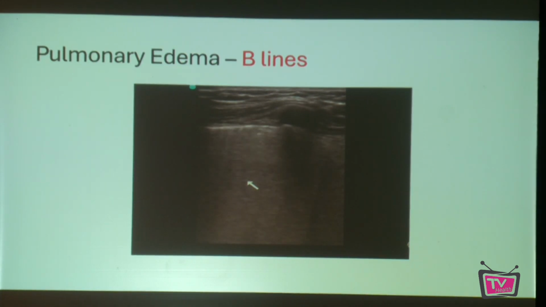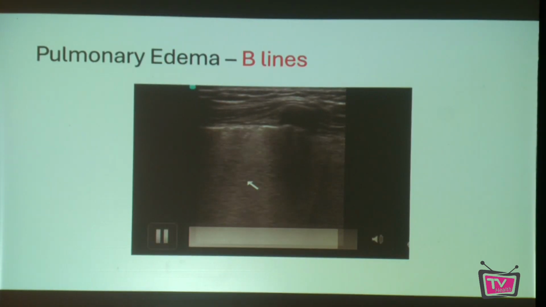It is important in such patients to look for the classic wet lung, meaning the presence of vertical white lines arising from the pleura. They are like a torch light shone in a dark room. This is called B lines, and if you have more than 3 in one scan window, it is called the B profile. You can see the whole lung field is white out. This is also called the waterfall sign. But it has a smooth pleural line. If it is fluid overload, it will be a smooth pleural line.